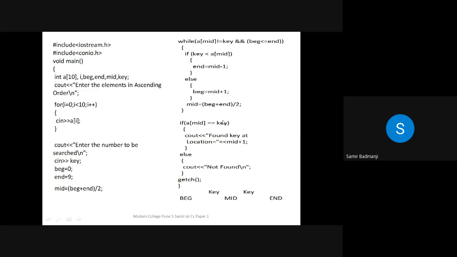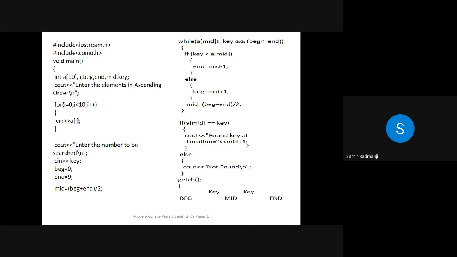That means whether that thing that you are going to search, whether it is there in the mid location, if it is there, then you have to just write found the location at mid plus 1. Why are we writing mid plus 1 here? In mid, we are going to get the location, and array element starts from 0. Okay. So suppose the element is there in the fourth location, then it will print the third location, because array element starts from 0, 0, 1, 2, 3. Okay, so it will print the third location.